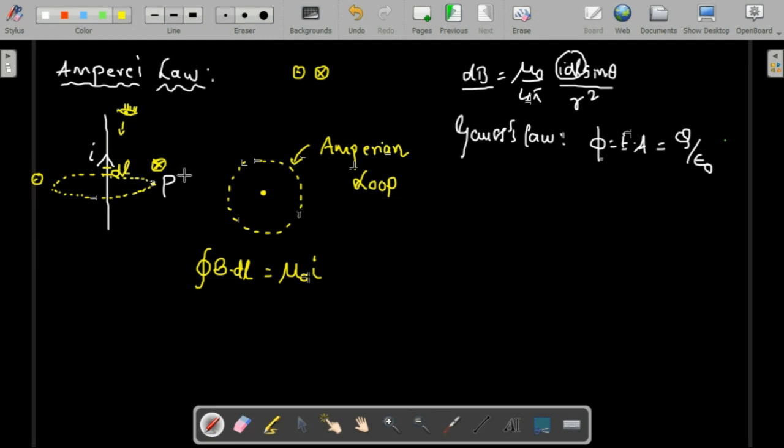Okay. So if you are going to find out the angle, and if you're going to find out what will be the field at any point P, we can consider that angle, and based on that we can do our calculation. So if this is an entire loop, let's say the magnetic field is B and we are going to find it out as B dl. It is nothing but mu naught into I,